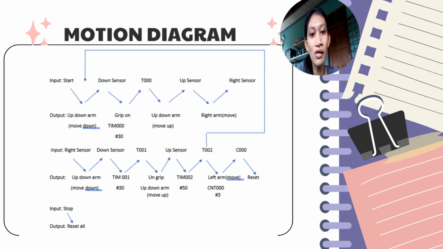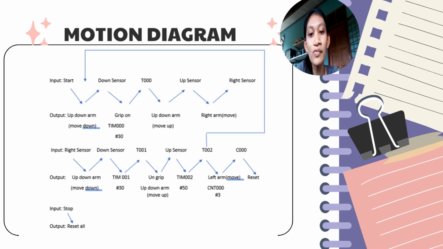After up sensor active, the right arm will move to the right and the right sensor will active. After that, right sensor active, the up down arm will move down and the down sensor will active. The timer 001 will active for 3 seconds. After timer active for 3 seconds, ungrip will on and the up down arm will move up